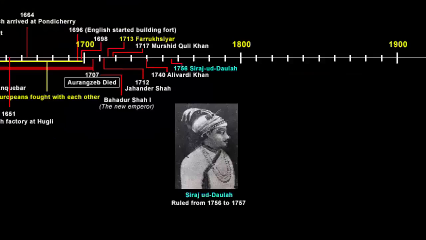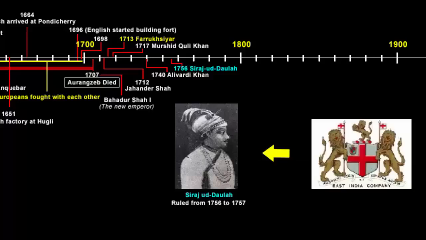Now, Siraj-ud-Daulah became the Nawab of Bengal. As I've said earlier, he was a strong ruler just like Alivardi Khan. Plus, he did not like how the company was doing duty-free trade and humiliating the Nawab's administration. So overall, he was angry and wanted to be strict with the company. Now, this worried the company because the company always wanted a puppet ruler who would willingly give trade concessions and other privileges to the company.